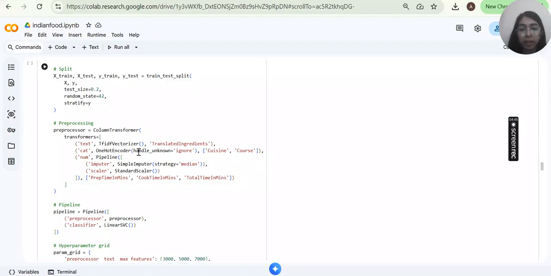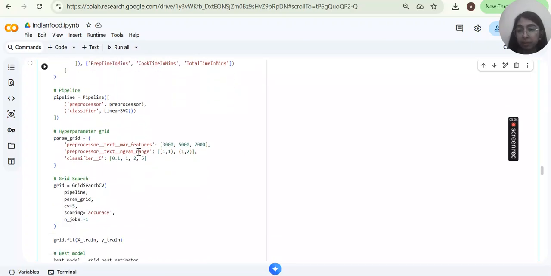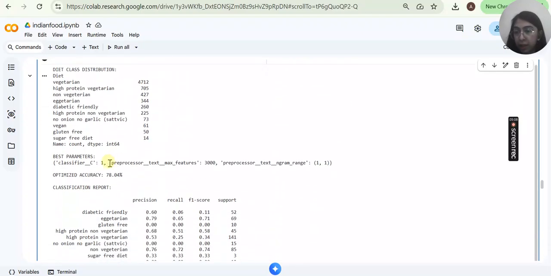Okay, so for optimizing it more, we did three steps. First, I improved feature representation by using TF-IDF instead of simpler method like bag of words. Second, I ensured proper pre-processing by cleaning the data and normalizing text. Third, I experimented with multiple models and selected the best performing one based on accuracy. So after all of this, we got the accuracy of 78.04%. Additionally, I used cosine similarity along with TF-IDF vectors to build a recommendation system which enhances the overall functionality